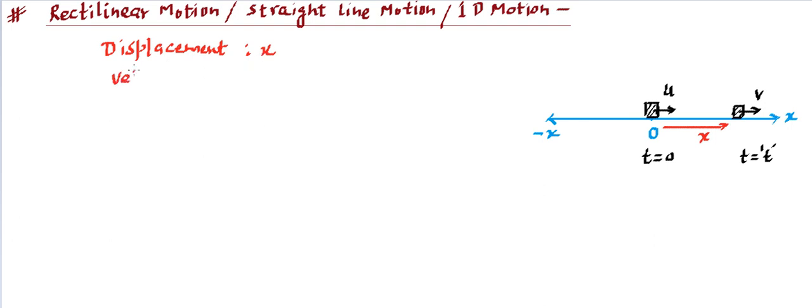When we say velocity, instantaneous velocity, velocity not speed, and it's instantaneous, it is written as v. What is the difference? Velocity will have its direction as well. If we write a plus v, that means it is in the plus x direction. If we write minus v, that means it is in the negative x direction. So this minus will carry the direction. Similarly, displacement will carry the direction. So v is not speed, v is velocity. And then acceleration we will write simply as a. These are the notations we are going to follow, and they will carry their directions.